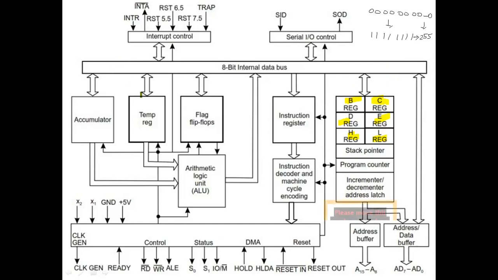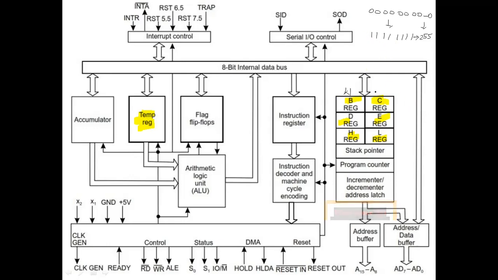Next is the temporary register. The temporary register forms one of the inputs to your arithmetic and logic unit. It is used internally by your processor during most arithmetic and logic operations, and it cannot be accessed by the programmer. For example, consider the arithmetic instruction ADD C. This instruction will add the contents of the C register with the contents of the accumulator. The arithmetic logic unit has 2 inputs. One data will always be in the accumulator. In this ADD C command, the other data is in the C register. So the data from the C register is transferred to the temporary register and then sent to the ALU.